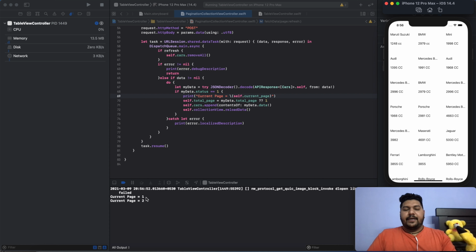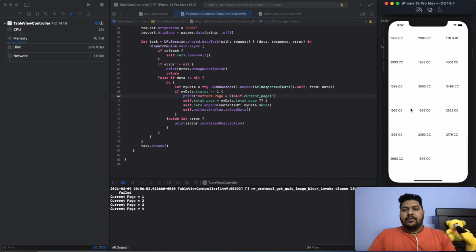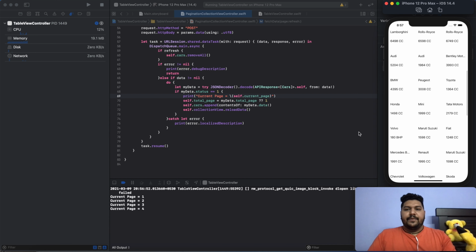Here you can see page number 1 and page number 2 called at the same time, because my data entirely fits the screen. 20 records have fit. Now I am scrolling up, page number 3 called. Now again I am scrolling, page number 4. So like that it will work.